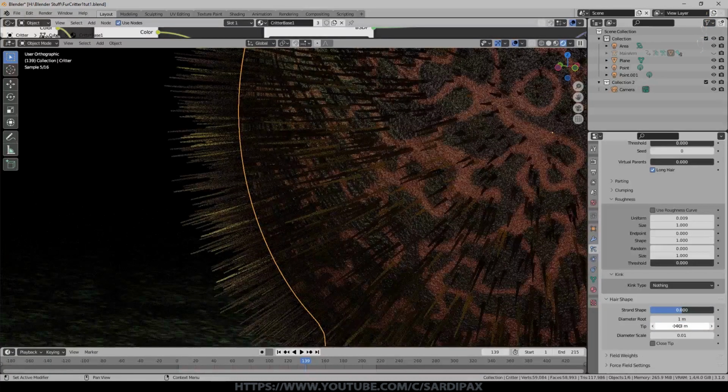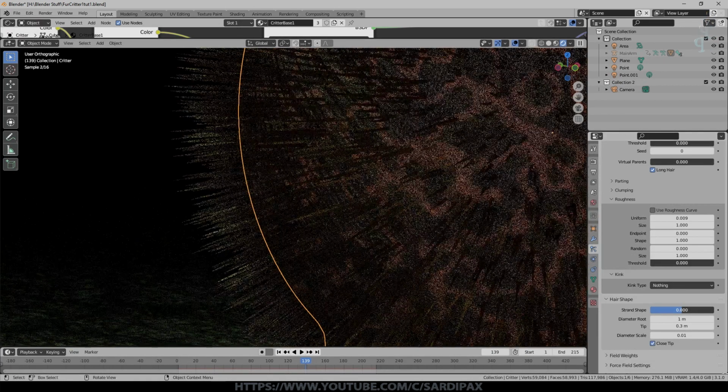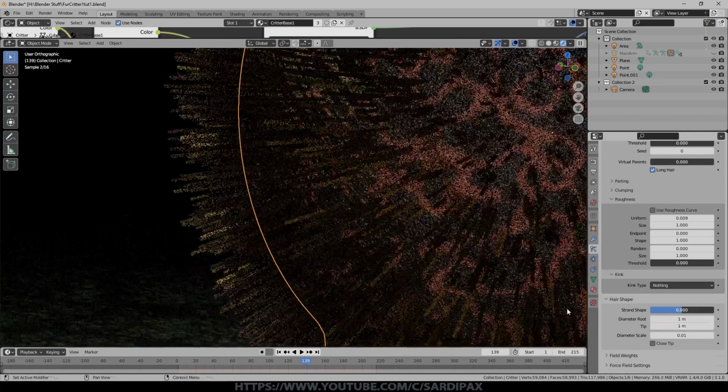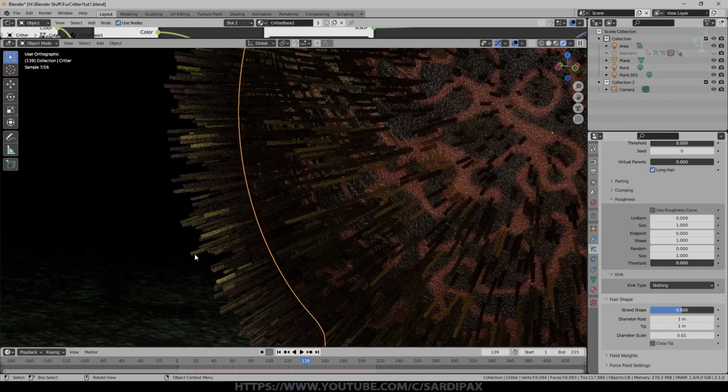I think hair looks better to actually be sharp, but if you click this close tip, what it will do, of course, is make the tip pointy regardless. So if I click that there, you can see, in fact I'll untick it, I'll put this back at 1 meter. You can see it's just like a ribbon, and then I'll click close tip, and you can see shortly before the end it suddenly closes in and gives you that pointy structure.